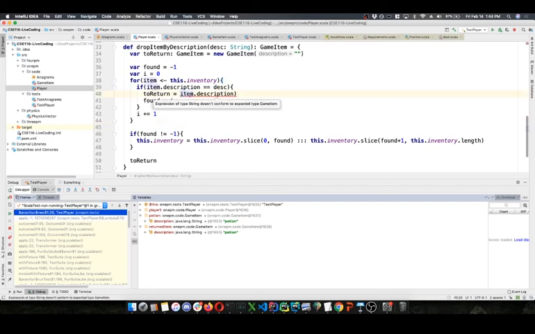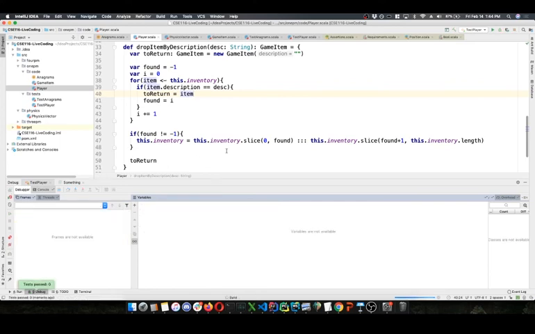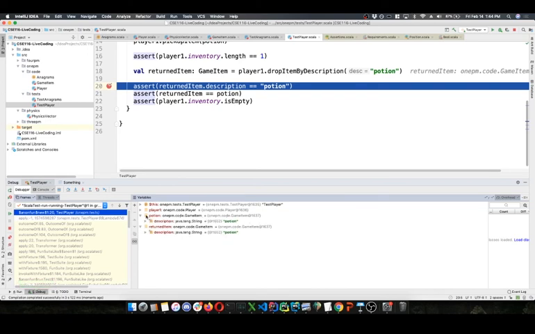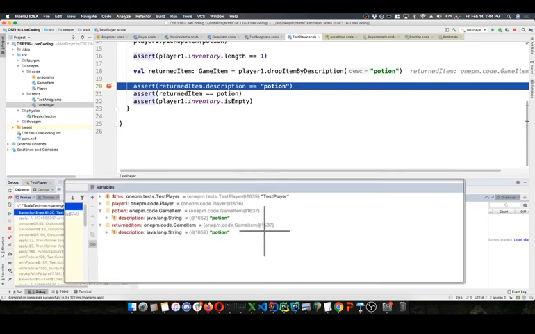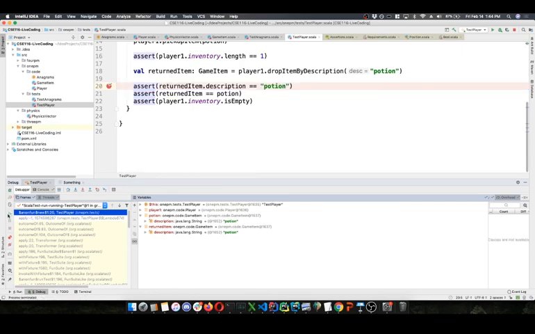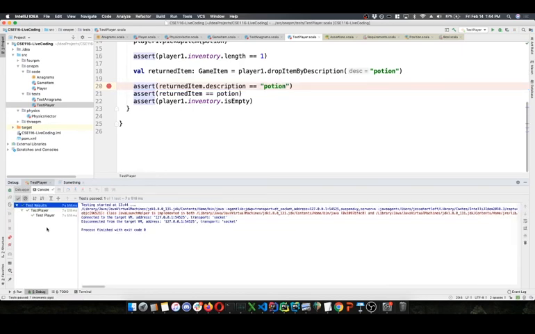We can get rid of this new potion and actually return this exact game item. Restart our debugger. Compiling. 1637. Resume the testing. Test passed. So that's how we can test to make sure that we are handling these by reference instead of by value. Make sure that those references match. Do these refer to the same